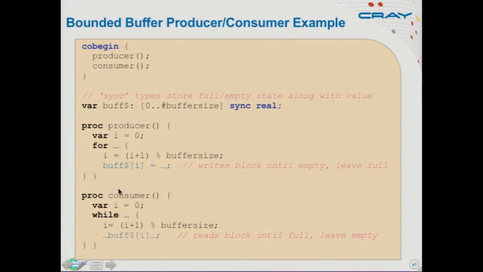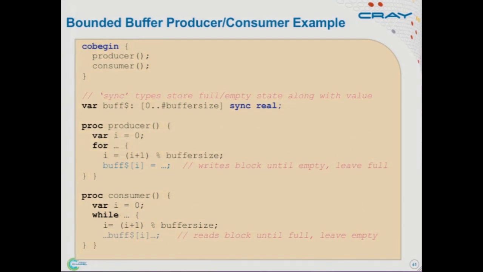And so my producer and consumer are written very simply. They basically just spin in a loop, incrementing their count around and around this buffer, and either read from or write to the buffer. When you think about bounded buffer problems, normally you're concerned about overflow and underflow conditions. I don't want to get too far ahead of the consumer or have the consumer get ahead of the producer.